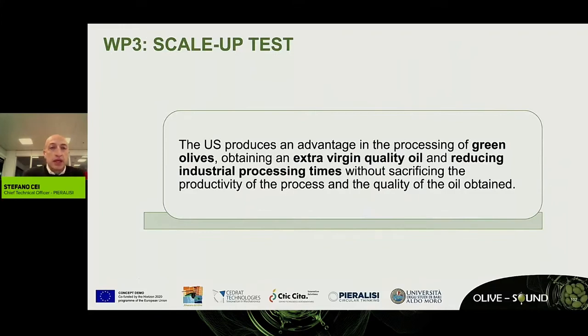As Clara was saying, we are performing the ultrasound tests now. But in any case, we have seen in all the tests advantages in terms of processing green olives, increasing the extra virgin quality, and a reduction in industrial processing time without any effect on productivity of the process and quality of the oil obtained. But in any case,